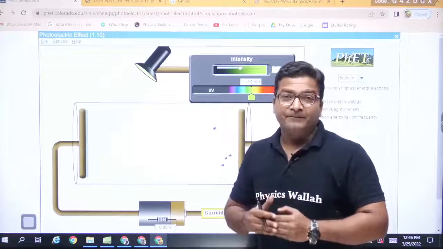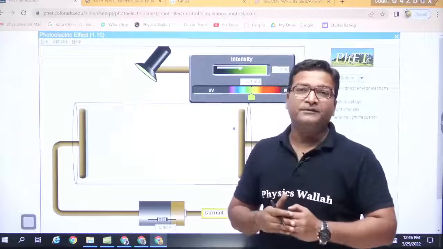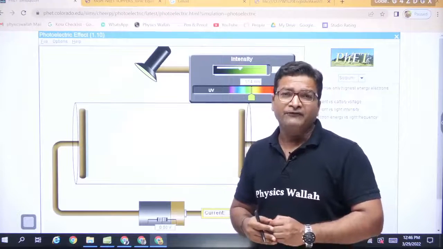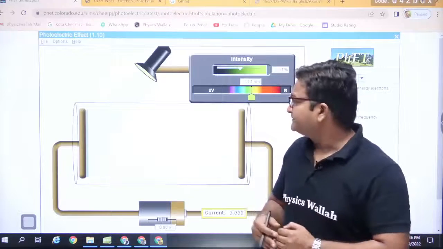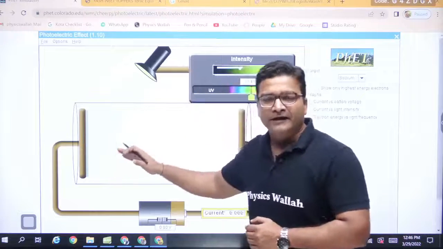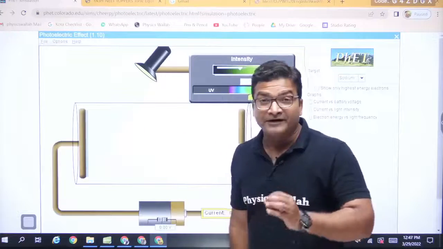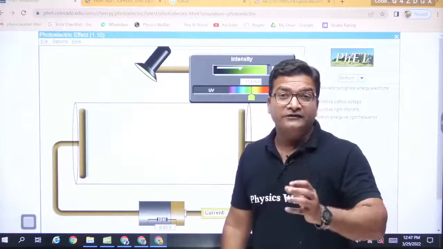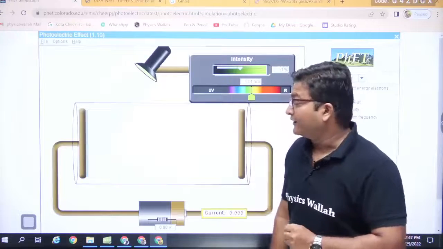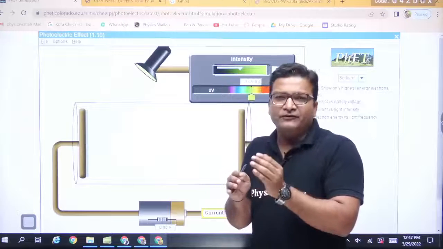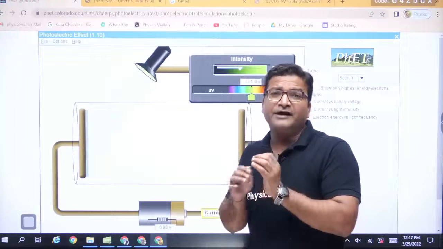This was the idea that forced people to believe that light has particle nature, because if we believe in wave nature, energy is still falling, and if we wait, a lot of energy can fall on the cathode, but still no electrons are being emitted. So that explains the interaction between photon and electron is particle-like.